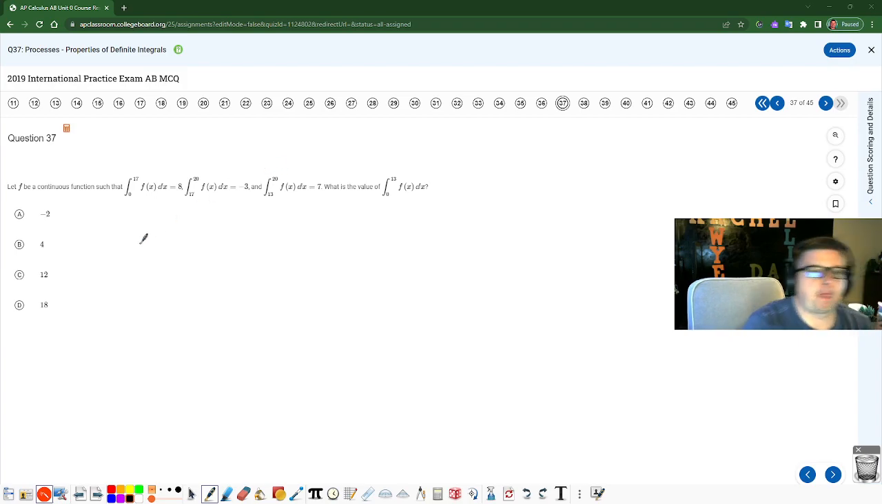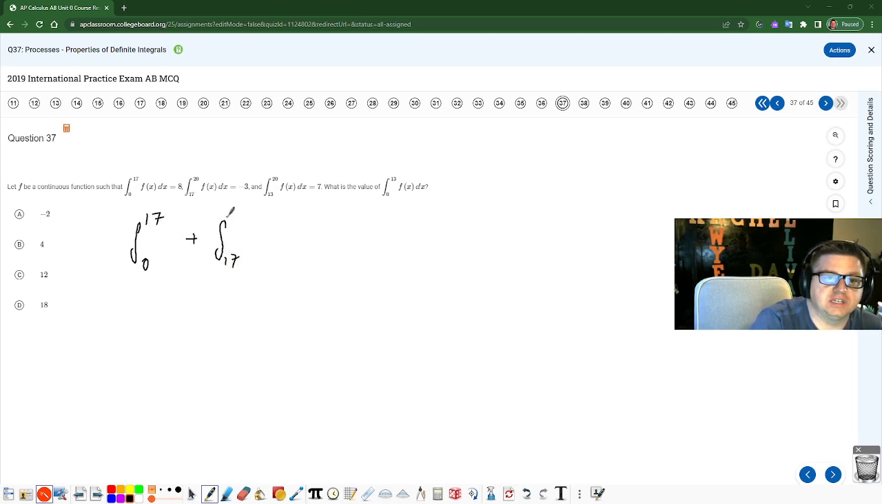So what we are doing is we're going to break this up. Let f be a continuous function such that the integral from 0 to 17 equals 8. Well, if the integral from 17 to 20 equals -3 and from 13 to 20 equals 7, what is the value of the integral from 0 to 13? So what we need to do is go 0 to 17,